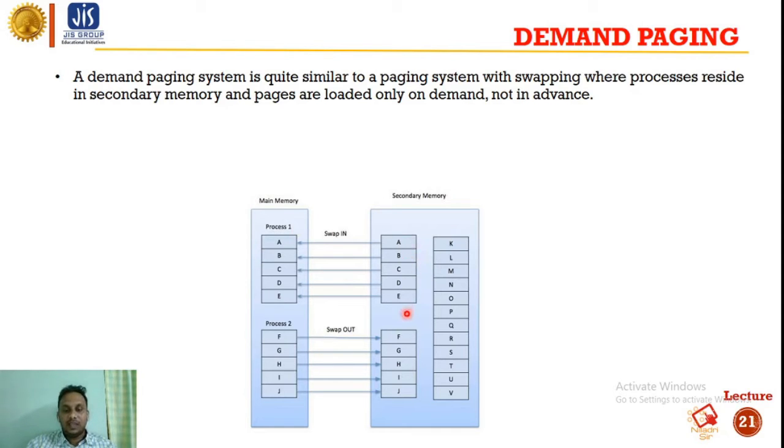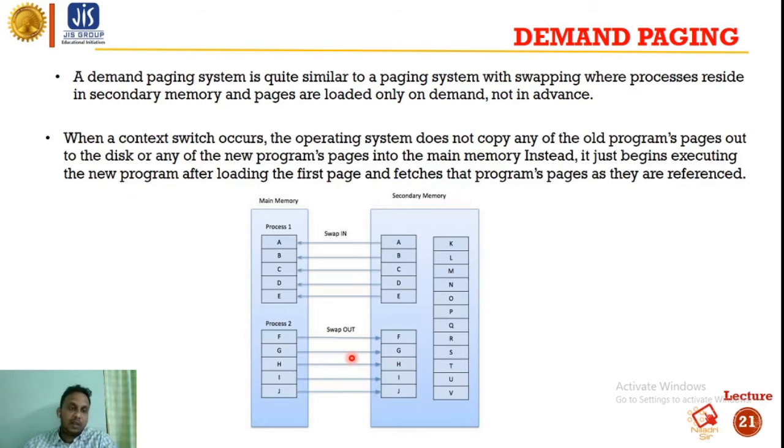As you can see, A, B, C, D, E, F, G, these are all parts of the resources. These are basically the resources. So when one resource is required, it will go to the main memory. Suppose B is required, B goes to the process. After completing its work, these resources go back to the secondary memory. As you can see, these are H, G, H, I, J, these are all the resources, and they are used in process 2. After use, these resources are swapped out to the secondary memory.